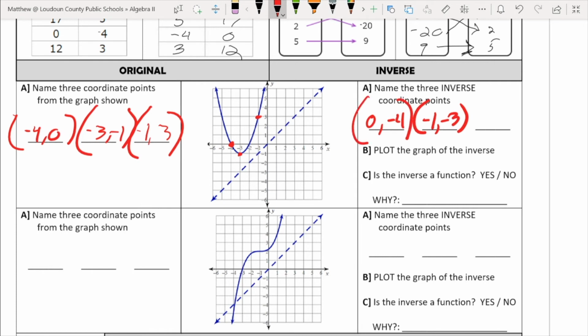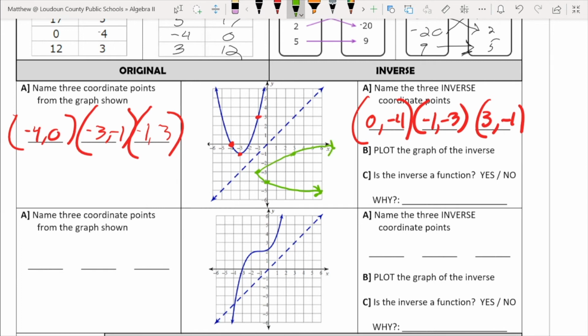And the last one, 3, negative 1. Okay, let's plot those. Let's use a different color. So 0, negative 4. Negative 1, negative 3. So we go down, left 1, down, boom, boom, boom. And then 3, negative 1. All right, so what we do now is we have a